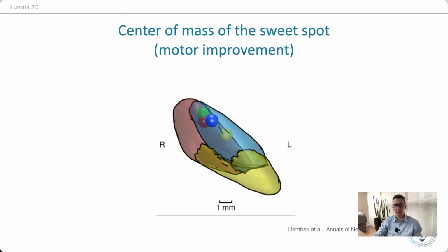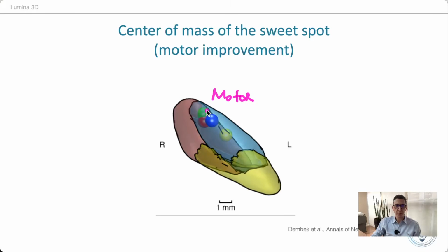This is a paper published some years ago by Till Dembeck from Germany and his group, where they gathered the 4 main studies where the researchers set out to discover where the hotspot in the STN is that elicits the best motor improvement, okay? So there are 4 papers, as you can see here: the yellow one, the blue, the red, and the green,